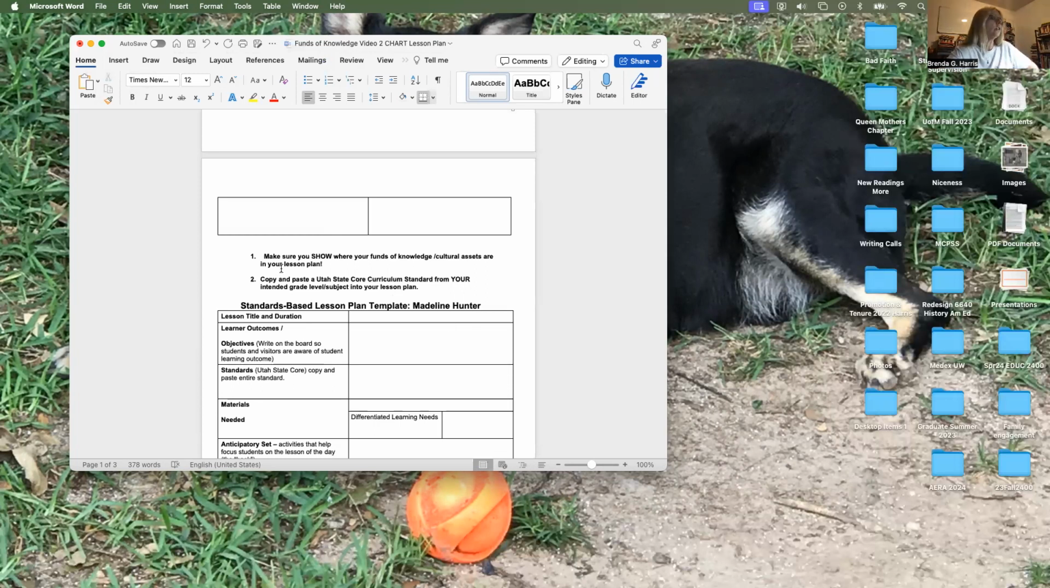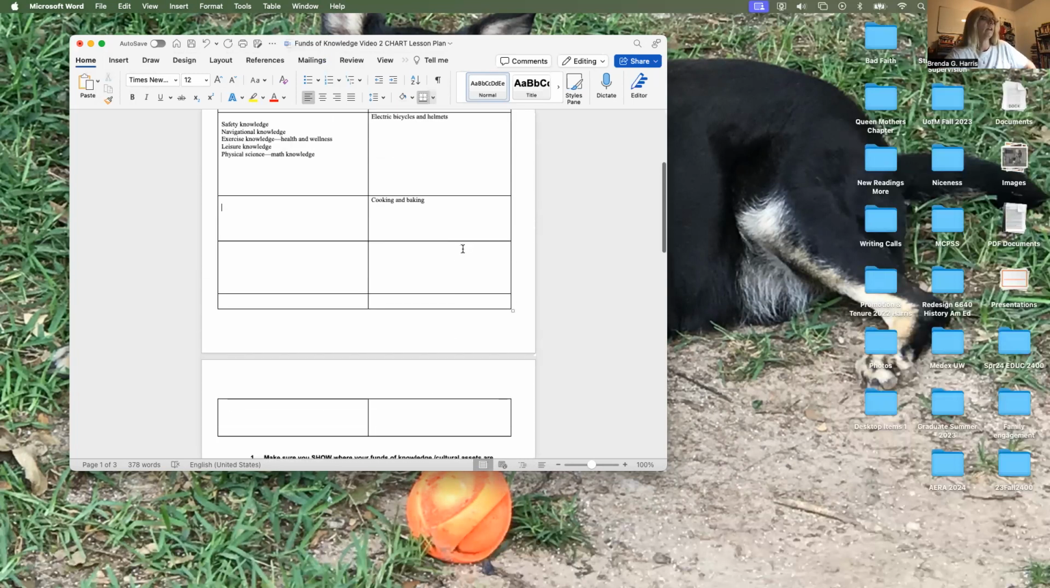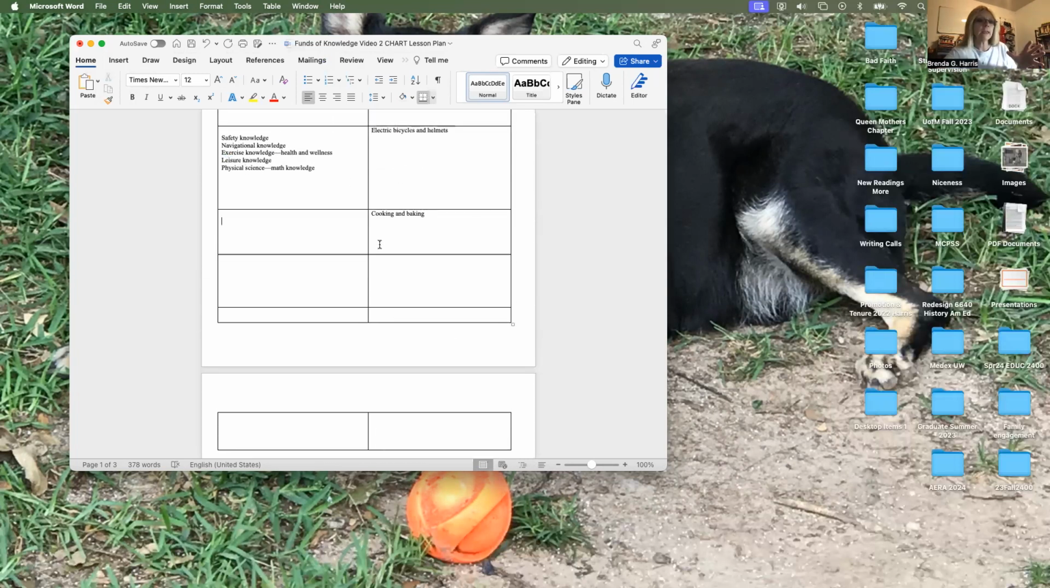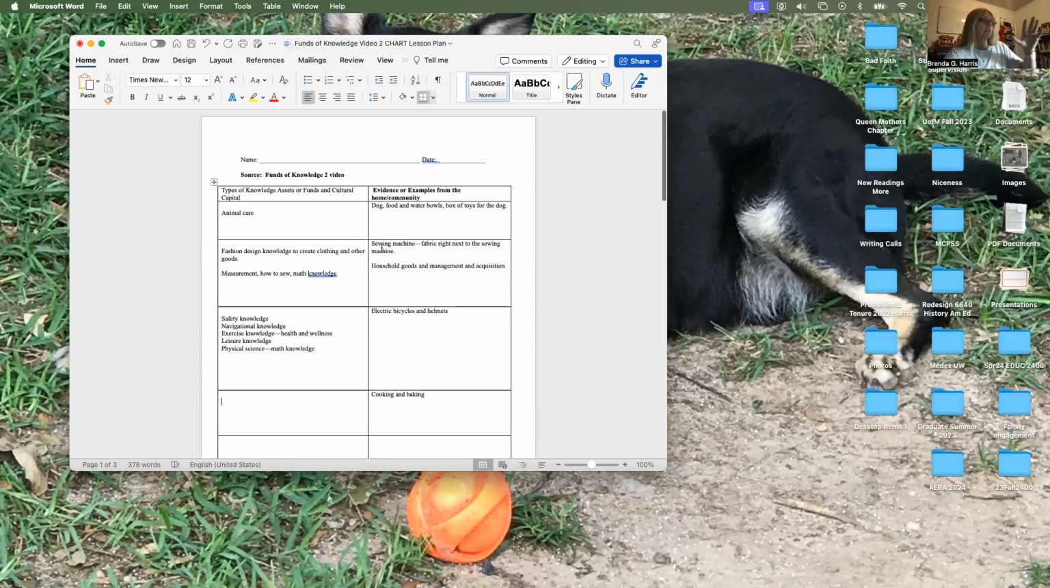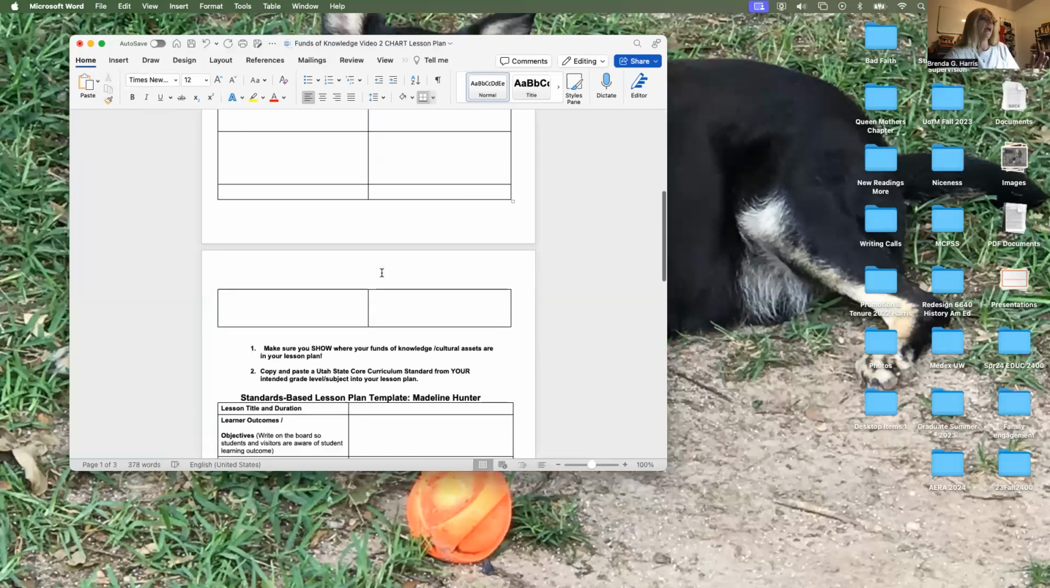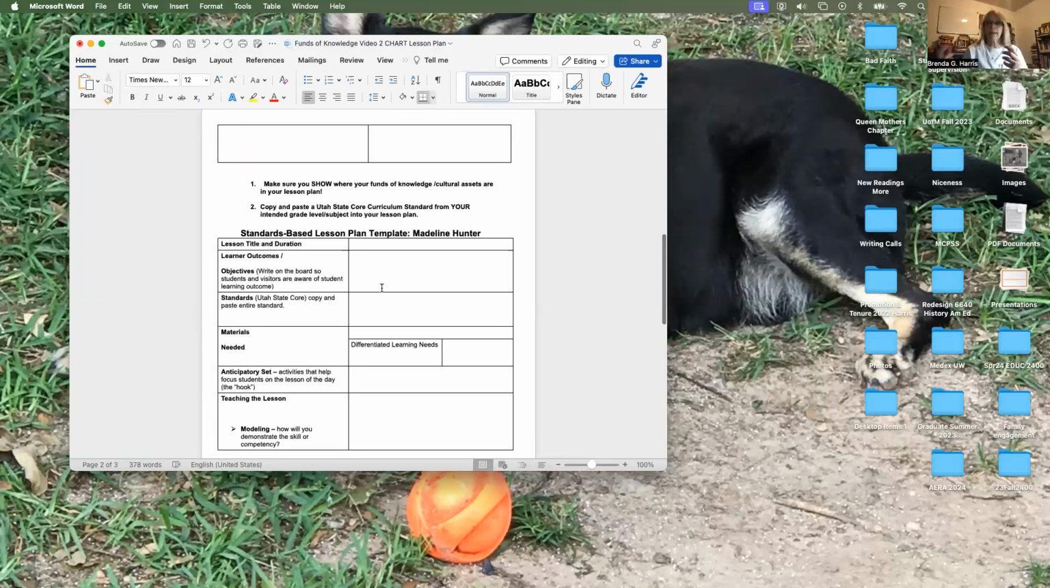So it says, make sure that you show where your funds of knowledge or cultural assets are in your lesson plan. So you have to incorporate something out of this, the knowledge from the community. You have to take something from there and put it into your lesson plan, but it has to be linked to the Utah State core. So I'm going to copy and paste a standard, and let's say I'm going to do an elementary science standard, and I need to actually copy and paste the exact